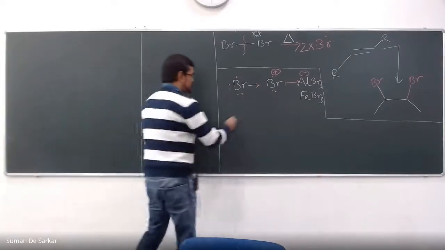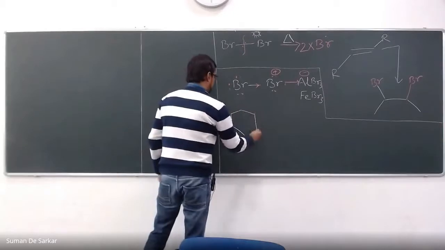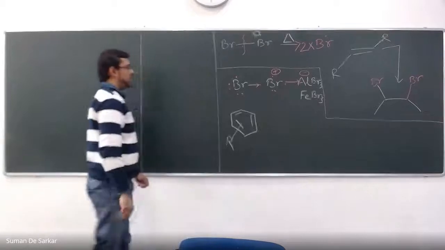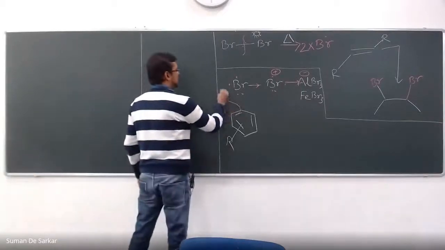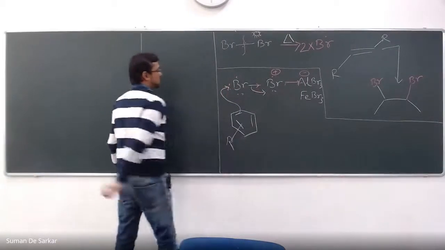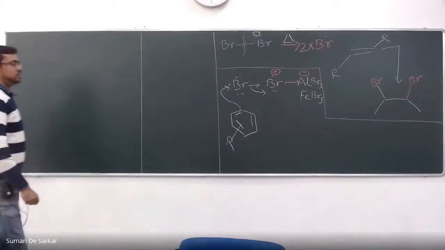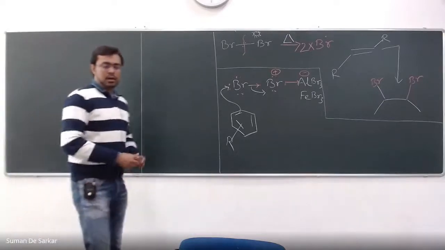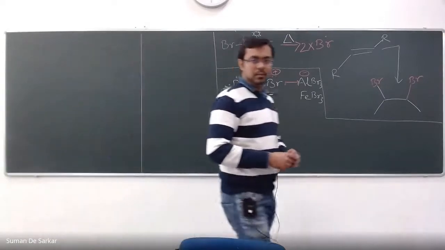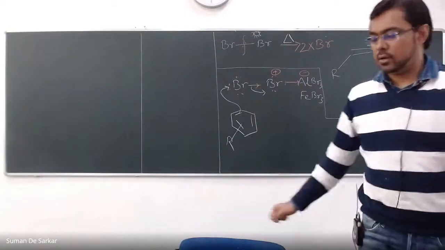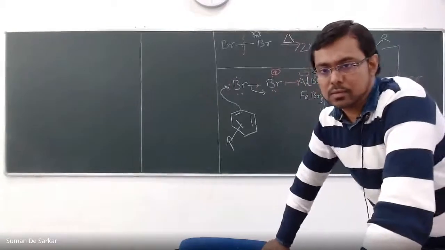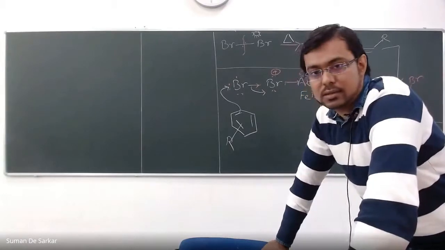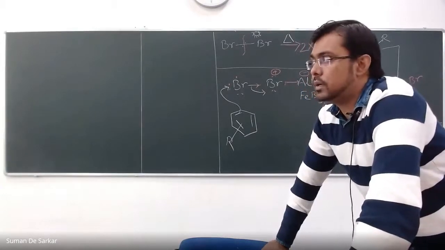This method is specifically famous in the halogenation of different aromatic compounds. I'm just taking any general aromatic compound. You see, the aromatic compound can easily react like this with the activated bromine. So in our reaction here, we'll make use of this concept, that we will activate one of the bromines so that it becomes polarized.